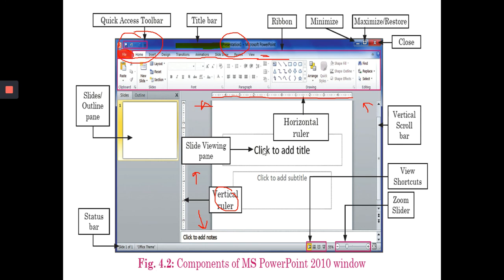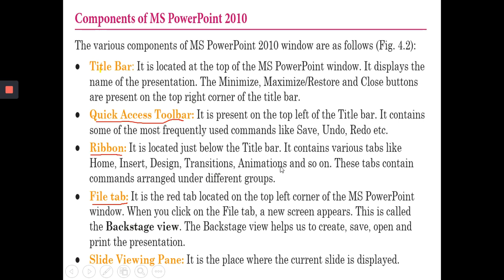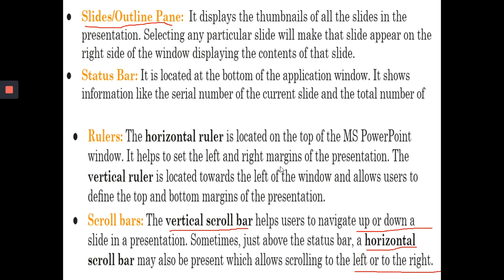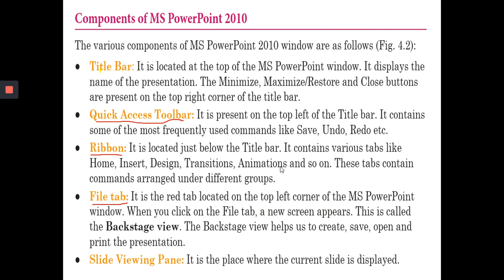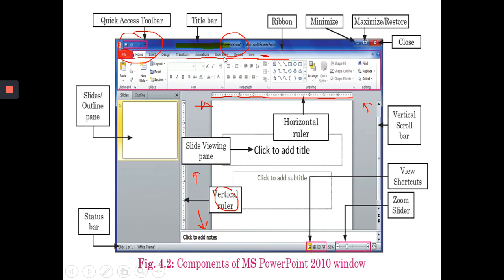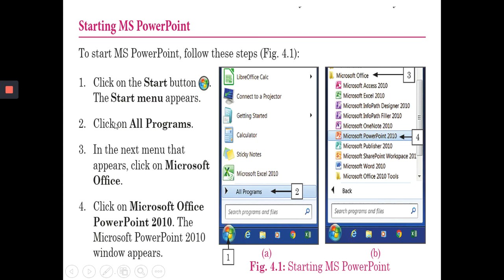So these are the total components of MS PowerPoint, all of which are used to create our presentation and make our presentation more attractive. Okay, all these components help us to make the presentation. Okay, so all of you children, read each of the components from your book and also see this picture to understand the components clearly, and also practice how we can start MS PowerPoint. Clear? And also write the notes in your computer copy.